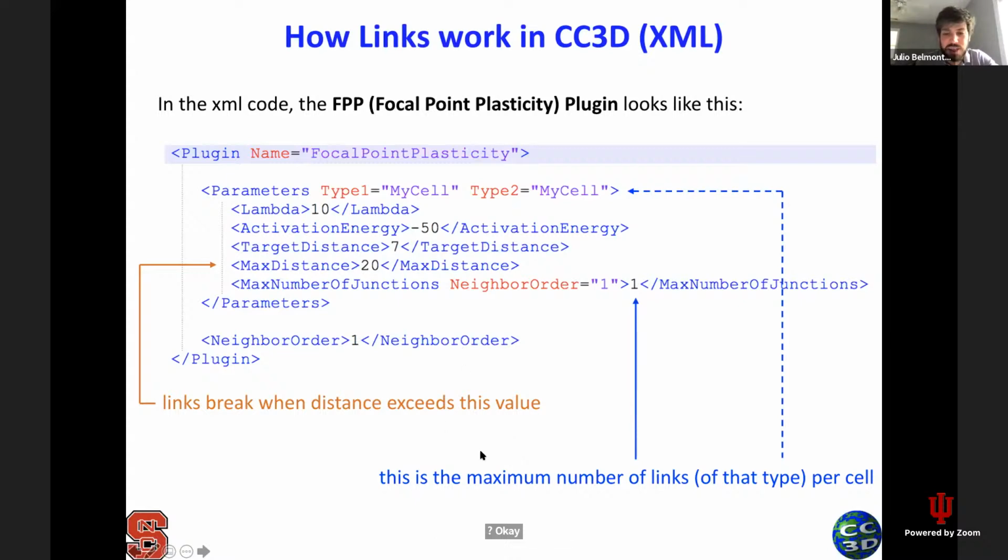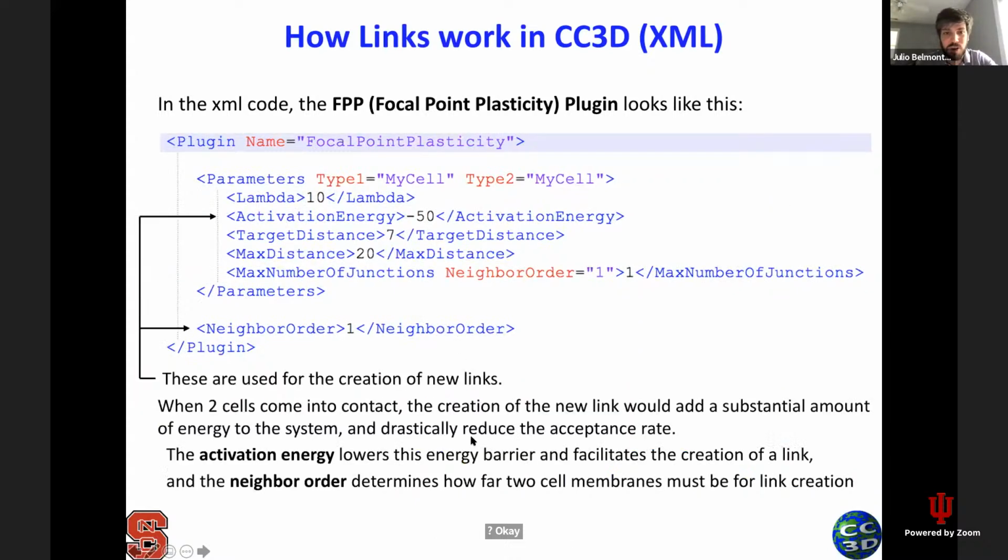Okay, so you see that there are also other options here. You have something called activation energy and also a neighboring order on the bottom. So this activation energy is used to actually facilitate the creation of the links. Initially, when you create your simulation, the cells are there and they do not have the links to begin with, right? So the cell has to create a link, or the plugin will create a link